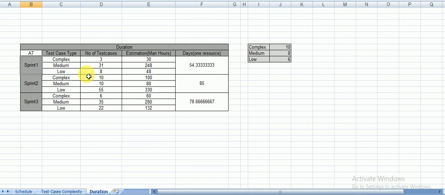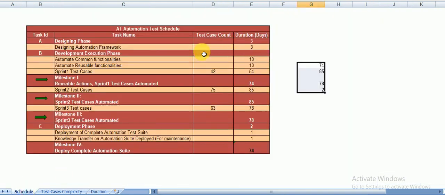If you want module by module automation, then we need to prepare this plan module wise. Or if he is okay with sprint wise, then we can prepare sprint wise. So we need to have how many test cases there are and the complexities we defined, and accordingly we calculate the hours or days required. Based on this, we update the schedule.